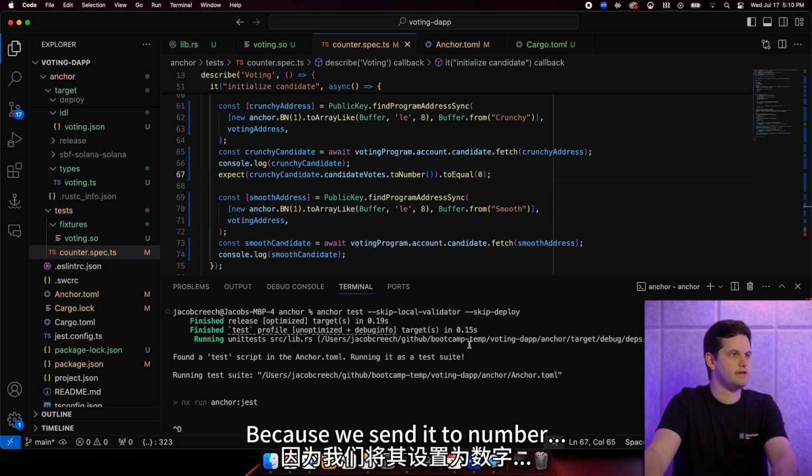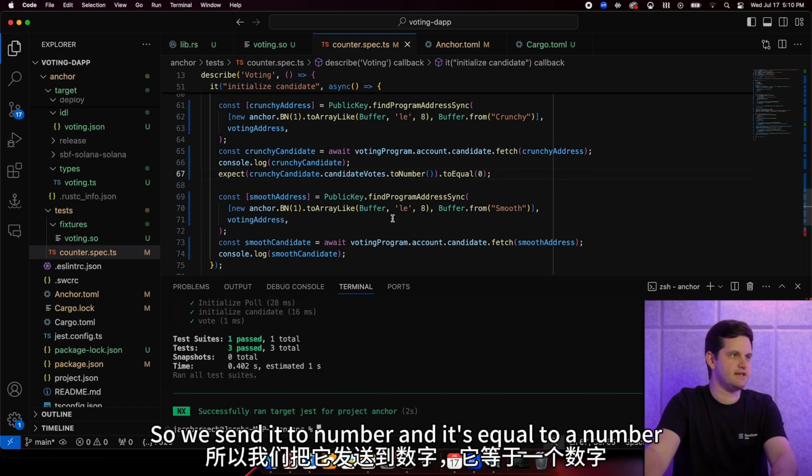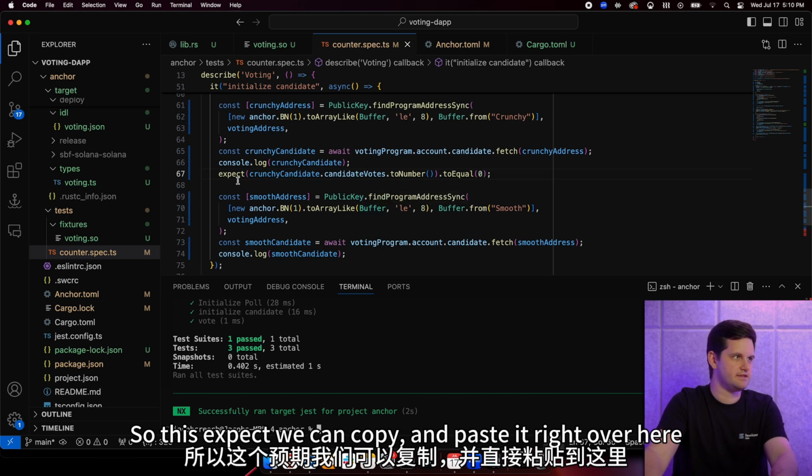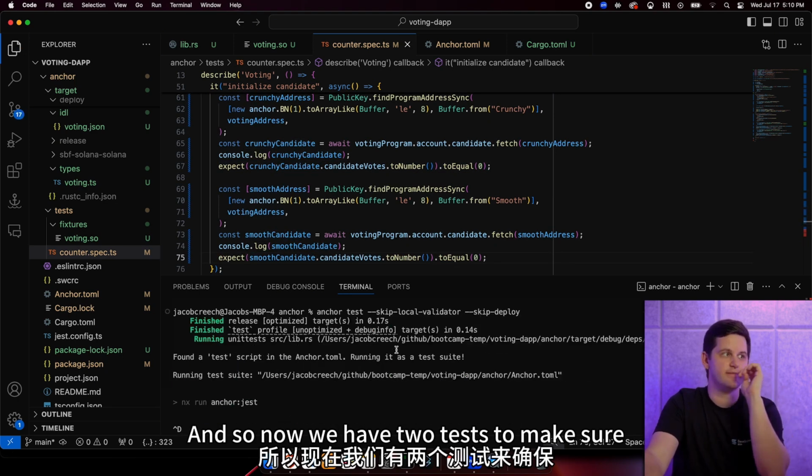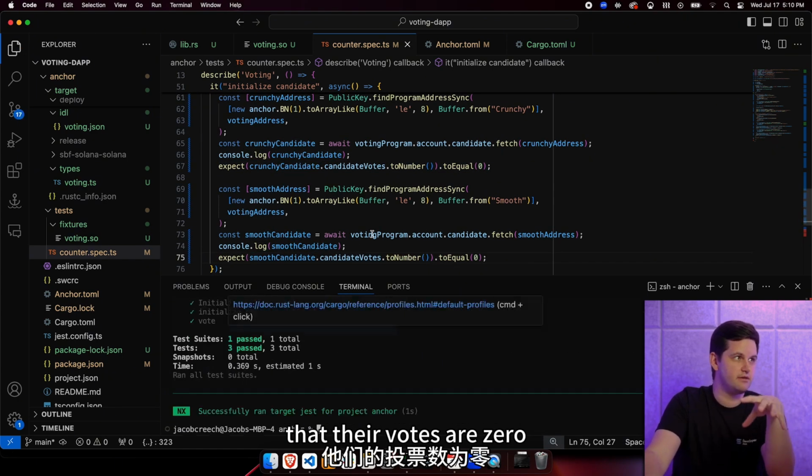There we go. Because we set it to number. So we set it to number, and it's equal to a number versus the big number equivalent. So this expect, we can copy and paste it right over here, and we can use it for the same smooth candidate. And so now we have 2 tests to make sure that their votes are 0, because that's the most important